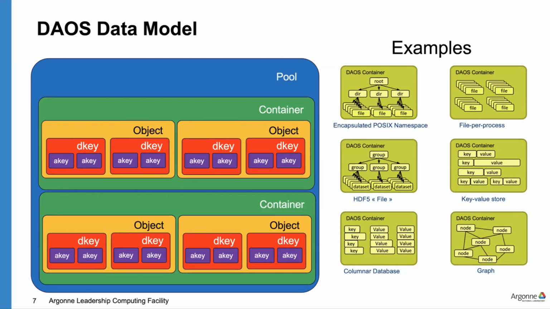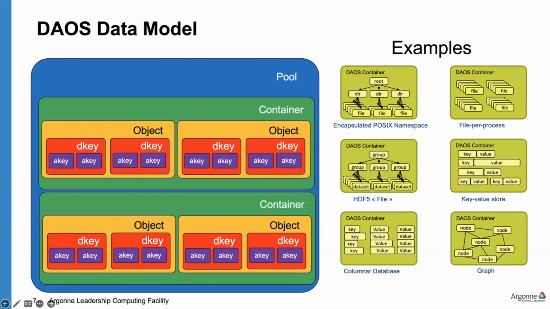One's called the D key and one's called the A key. The D key is how data is distributed across all of the storage. So an object can span multiple targets in the system. That's defined by the D key. And then the A key is your sequential blocks of data that are kept together. That's how data is decomposed within the container. You don't need to understand or know that. I just wanted to put that out there in case it comes up. But the high-level APIs don't expose objects, D keys, or A keys, so you won't normally be working with that.